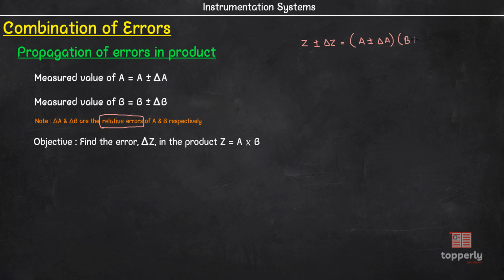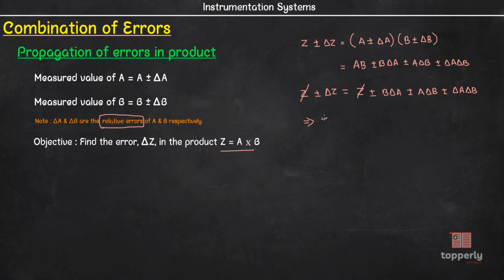A into B plus or minus delta B, which is AB plus or minus B delta A plus or minus A delta B plus or minus delta A delta B. Here AB is equal to Z, so we can write it as Z plus or minus B delta A plus or minus A delta B plus or minus delta A delta B, and this is equal to Z plus or minus delta Z. So we can cancel out these Z's, which leaves us with plus or minus delta Z is equal to plus or minus B delta A plus or minus A delta B plus or minus delta A delta